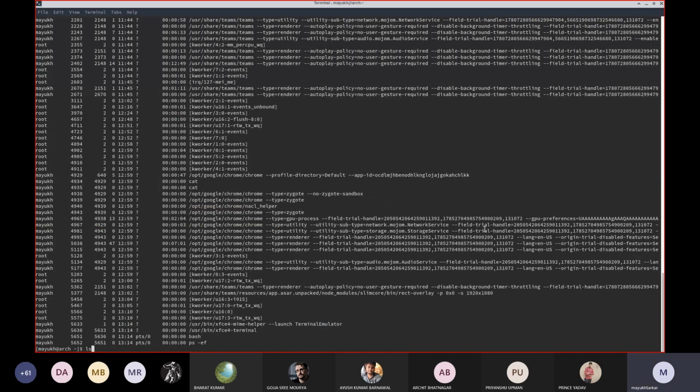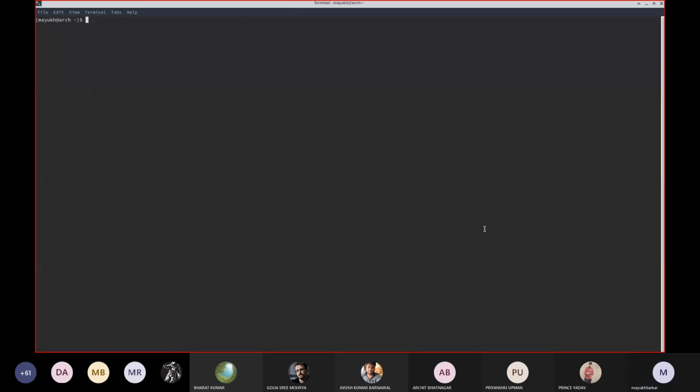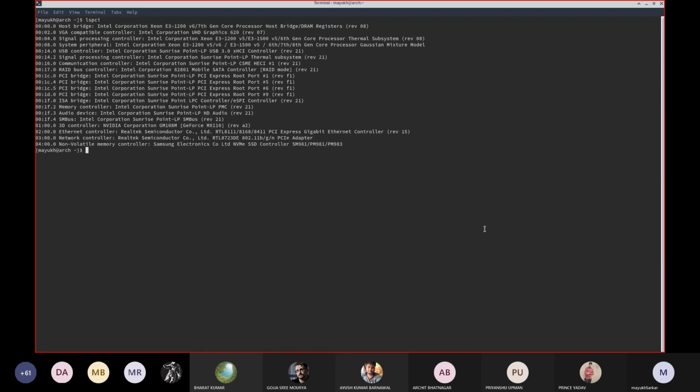If you invoke the lspci command on a Linux terminal, you will see all the PCI devices that are connected to this system. In fact, the audio device, the memory controller, that means the memory.